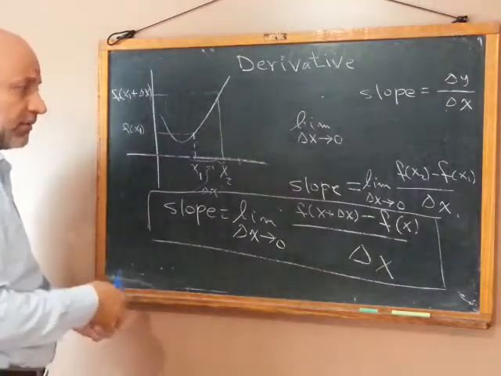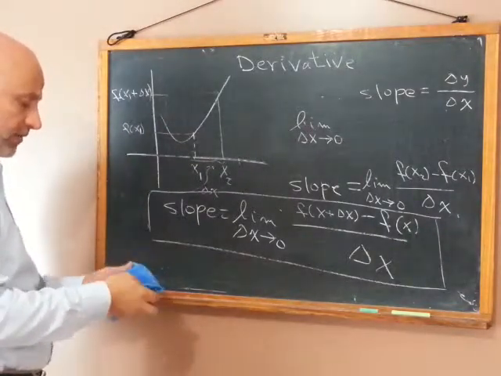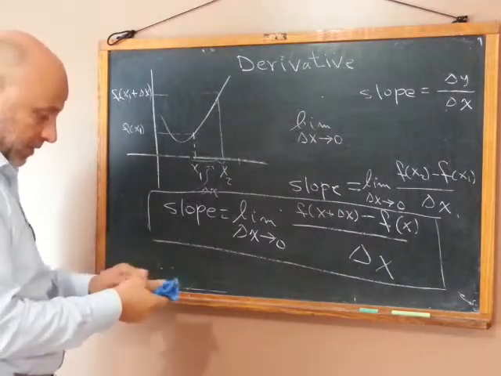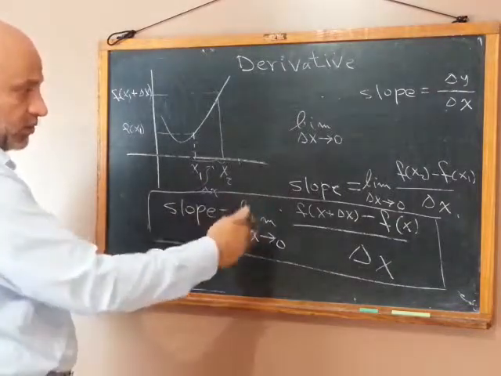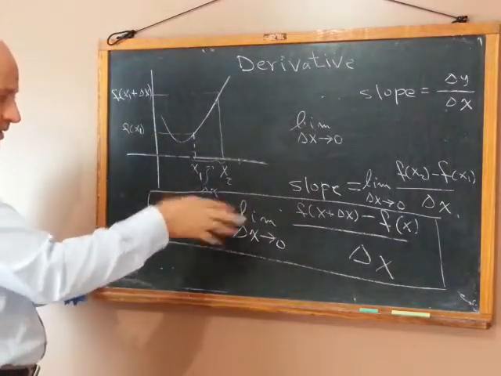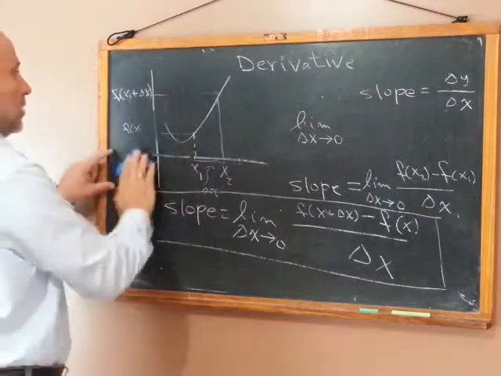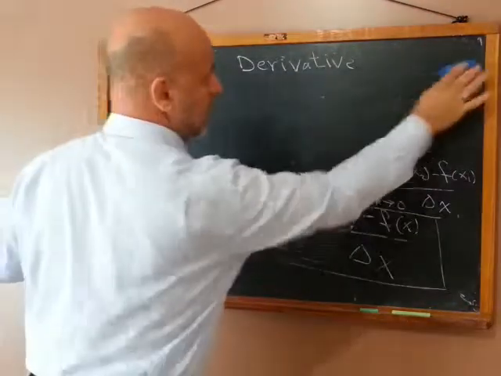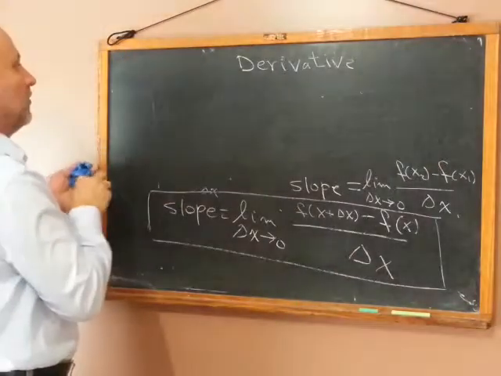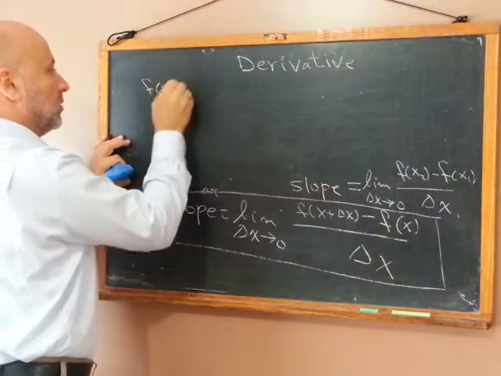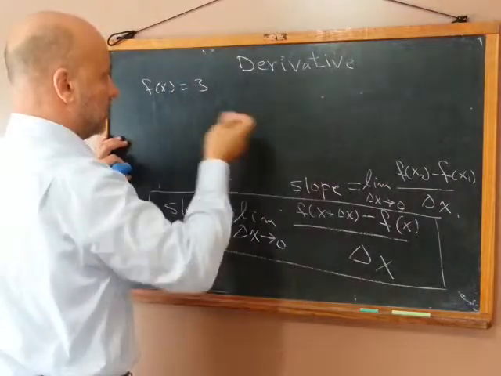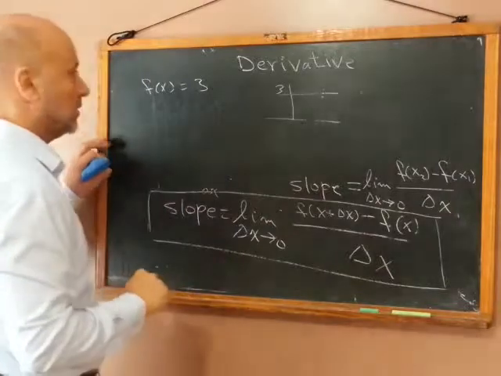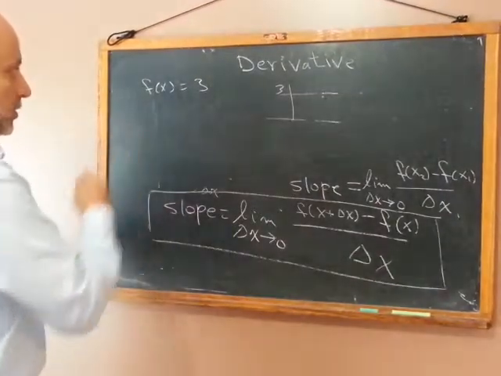If we have this, then we can derive something that makes our life really easier. Most students don't like this formula, they need something easier. So if we have a constant function, something like, let's say f of x equal 3. What is this? This is always y equal to 3. If we need to derive this,